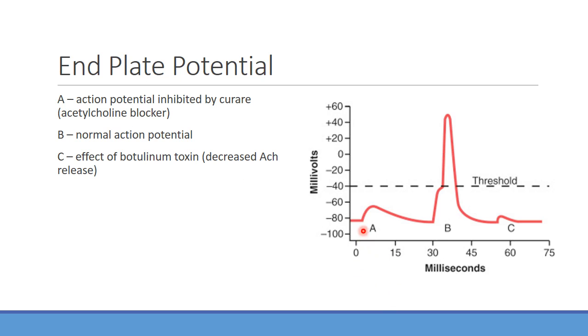So basically, you can have the neuron sending an action potential, but if the acetylcholine is never able to bind to those receptors, you never have an action potential happen there. So these would be called non-depolarizing neuromuscular blockers, and we have a suite of drugs that do this for us as well. So anyone ever heard of rocuronium? It's another one you see a lot in the ER for intubation. That basically does the same thing as curare. It actually will bind to